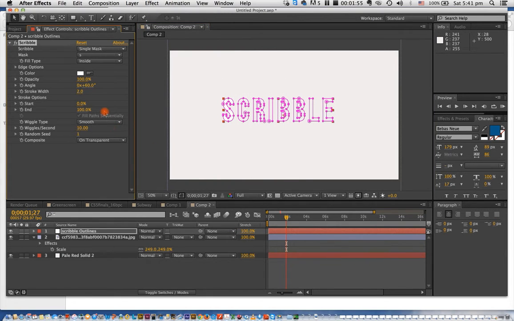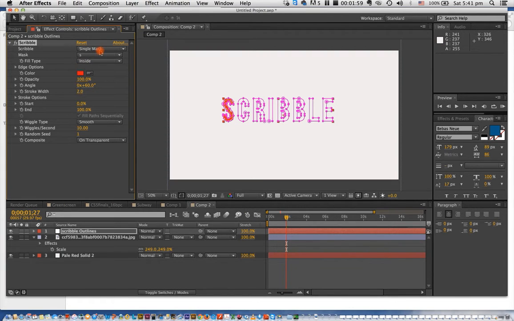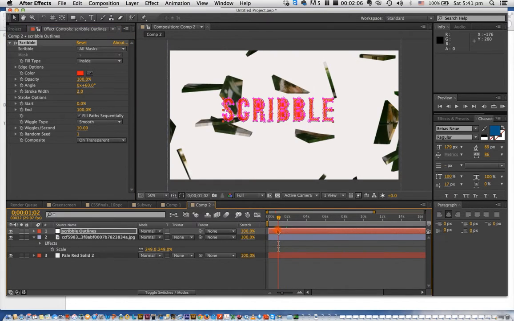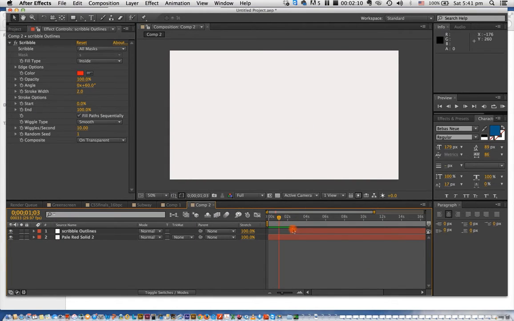The color of the scribble can be red, and you can choose all mask over here. So as you can see, immediately when the shutter is complete, we can delete the main layer. As the shutter is complete in 1 second, you get the scribble